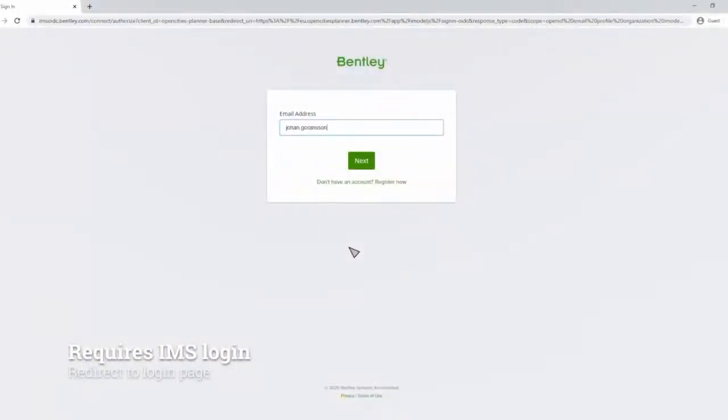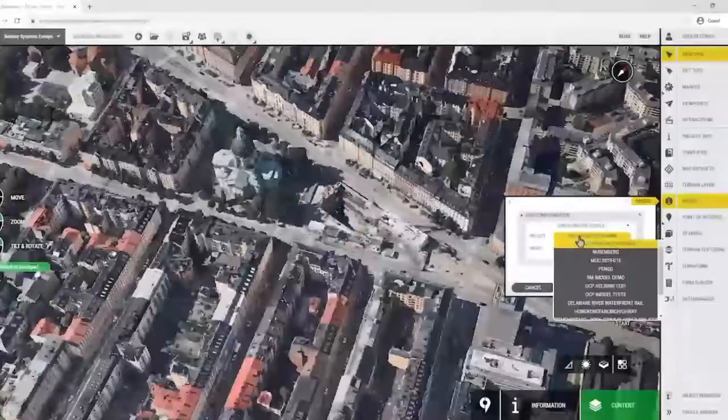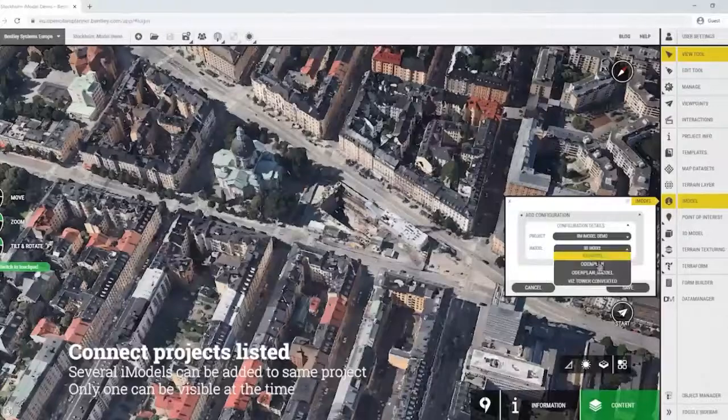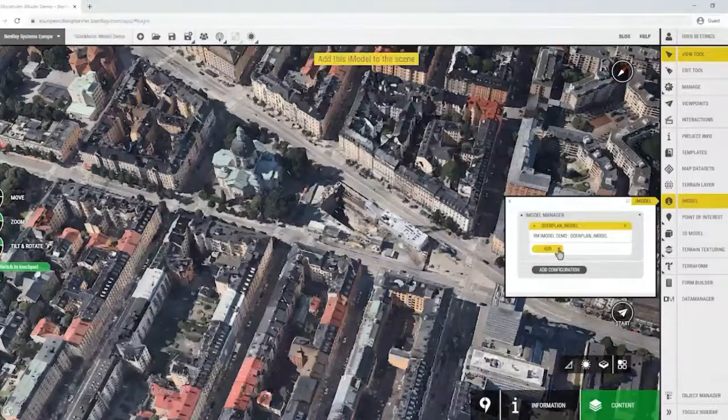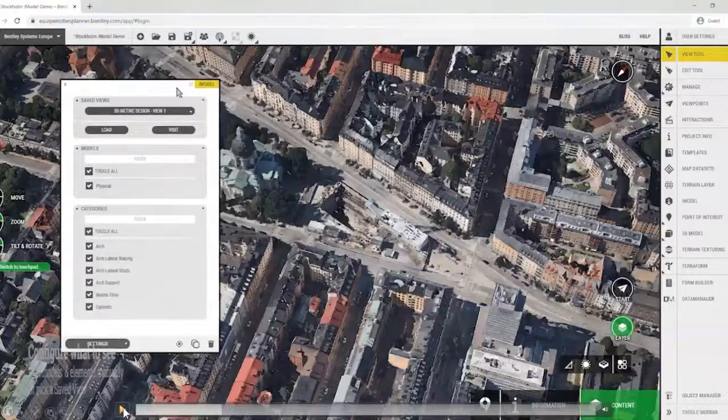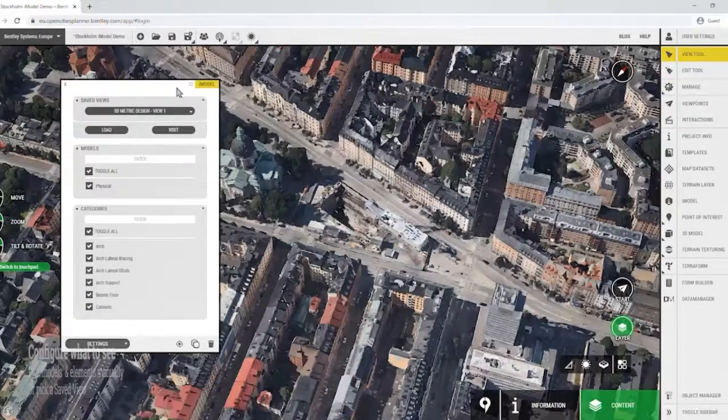And just a brief video that shows how it works. So you have to have a Bentley user to access it. And this is the editor experience when we set it up. First, we get a list of all the Connect projects that I'm a member of. And in those Connect projects, I can pick the iModel or the iModels that I want to use. I can create a custom configuration